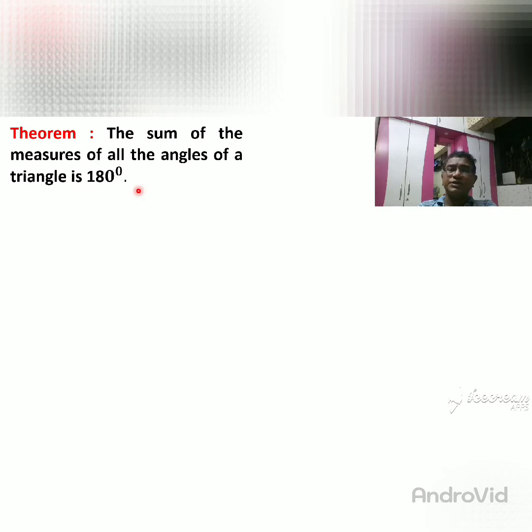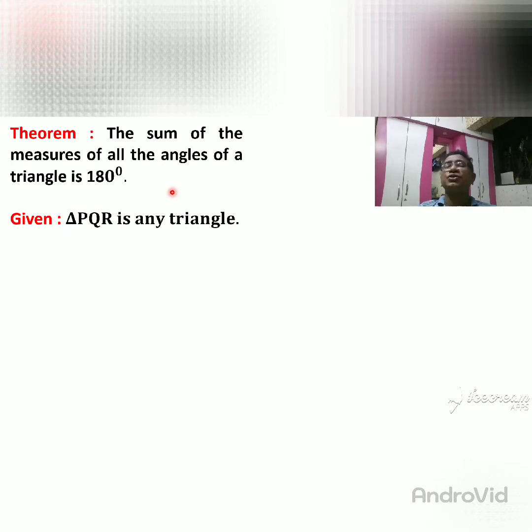So see what is given, that is written in given. Here they say triangle, and the triangle sum is 180 degrees. But in this example they do not mention the type of triangle. They do not say whether it is an acute, obtuse, scalene, equilateral or isosceles triangle. So you can take any triangle you want. Here I take triangle PQR as any type of triangle: scalene, equilateral or isosceles, any one of them.